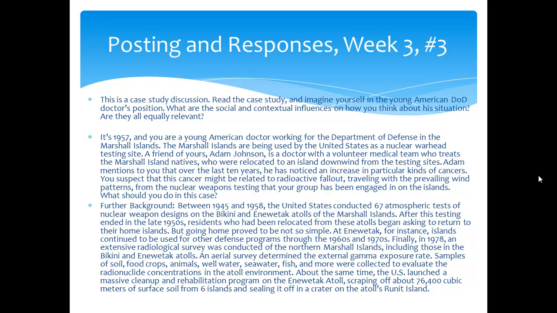So when you're looking at this case, think about the kinds of interaction that the person involved will end up having to have. If you were in their position, how would you end up trying to deal with this kind of situation? Who would you discuss it with? How could you try to approach it in a way that would be positive? What kinds of social interactions will this person have to deal with?